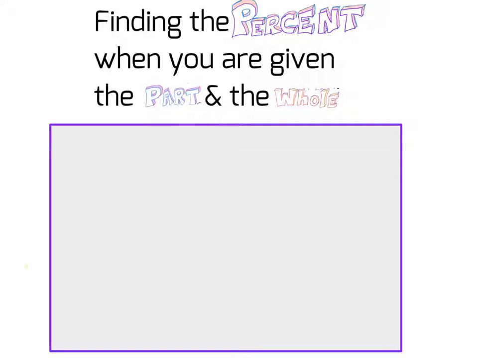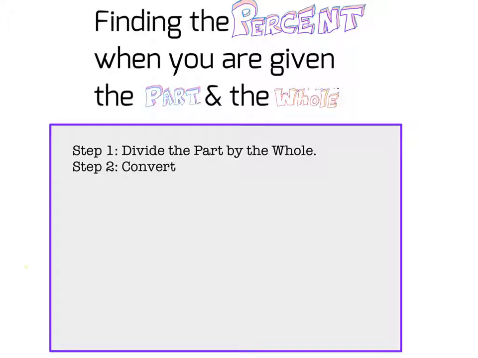This is a lot like turning a fraction into a decimal, which we're familiar with. So we'll start with the basic process. Step one is that part and whole. To get a percent, you want to divide the part by the whole. So this is a lot like dividing the numerator by the denominator. Now when you do that, you're going to get a decimal answer, and we need to get a percent. So step two is that we're going to convert the decimal to a percent